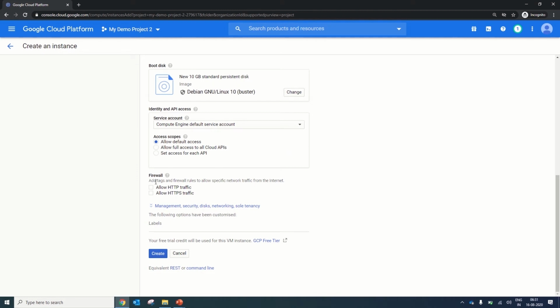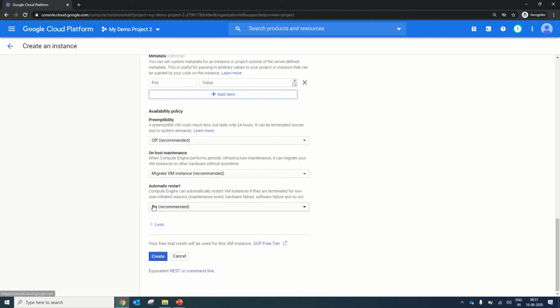After that, you have a setting of firewall: allow HTTP traffic or HTTPS traffic. As mentioned in the slide, when you enable or disable this option, GCP Compute Engine adds a network tag to it and redirects only the required traffic to this VM instance. For further settings, you need to click here for management, security, disk and network related things. Once you click here,